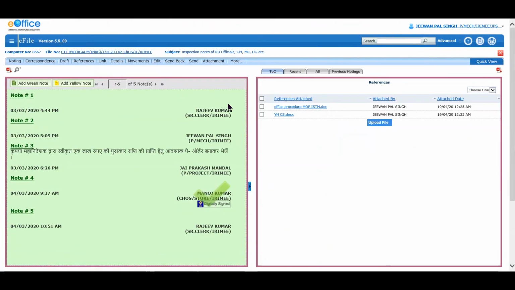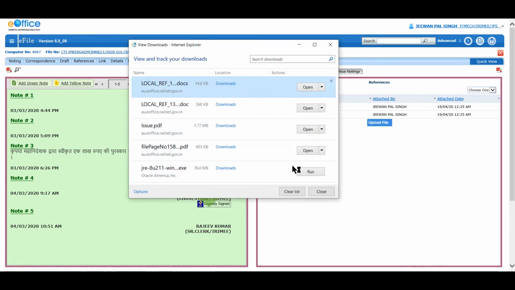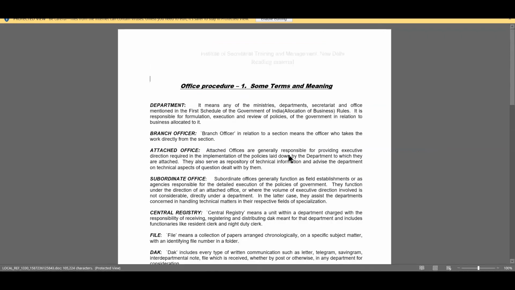The recipient can download the file by clicking the file name itself, and the downloaded copy of the files can be modified, printed, or simply reused, or even re-uploaded as local reference once again. This is a Word file being opened after downloading.